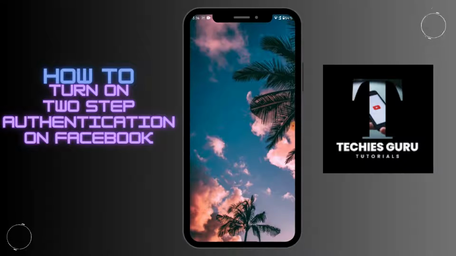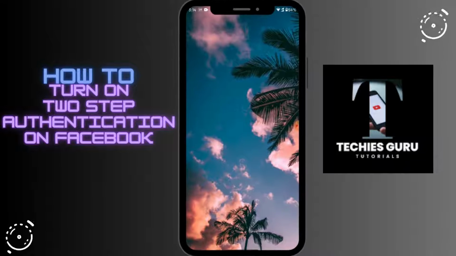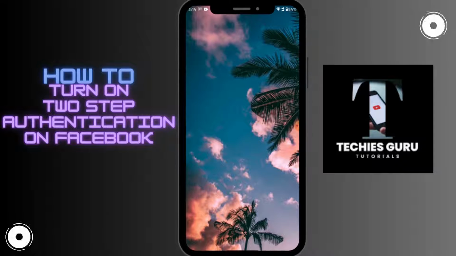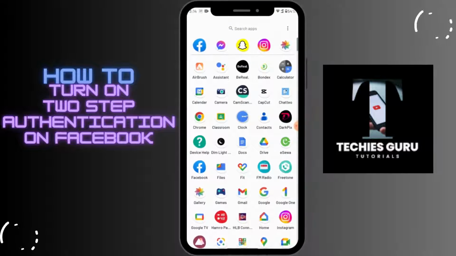How to activate two-step authentication on Facebook. So if you want to activate your two-step authentication, then all you have to do is open up your Facebook